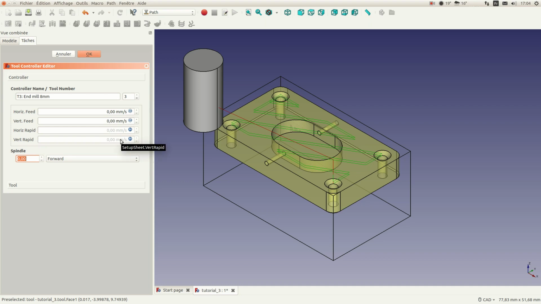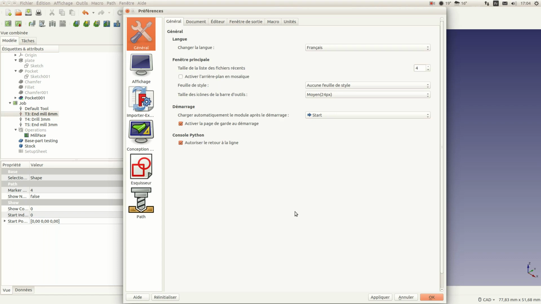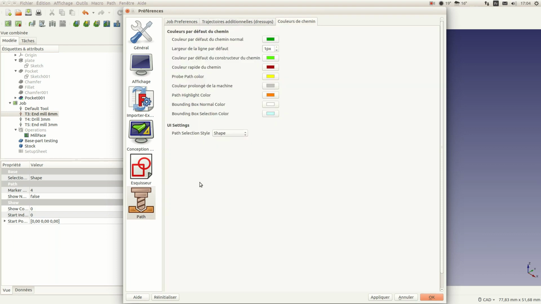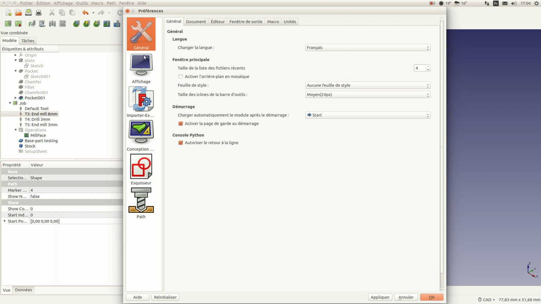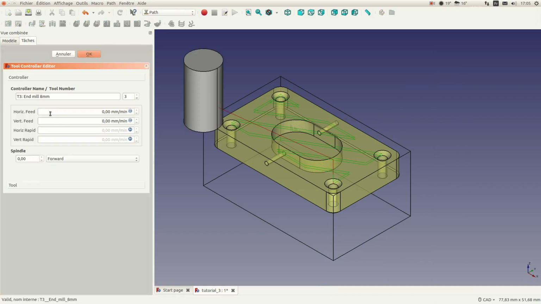So we have to change the units, and the way to do it is very simple. So let's say we are okay with that. You go to edit, preferences, so the system will load, and then you have here a Path icon. So you can change things around the path, but if you want to change the units, you go in general units, and you can see here I have the metric: millimeters, kilos, seconds, degrees. I can change that, and if you click on the small parts and CNC, I will have millimeters per minute. So I will use this one, click apply, say OK, and now if I go to my tool controller, I